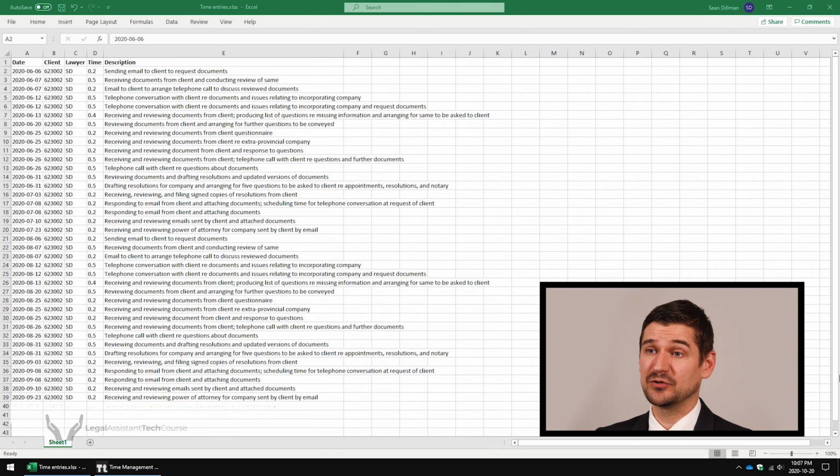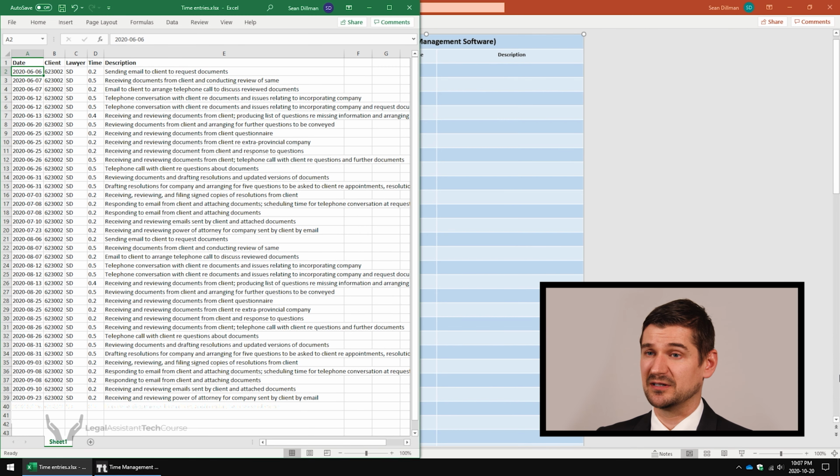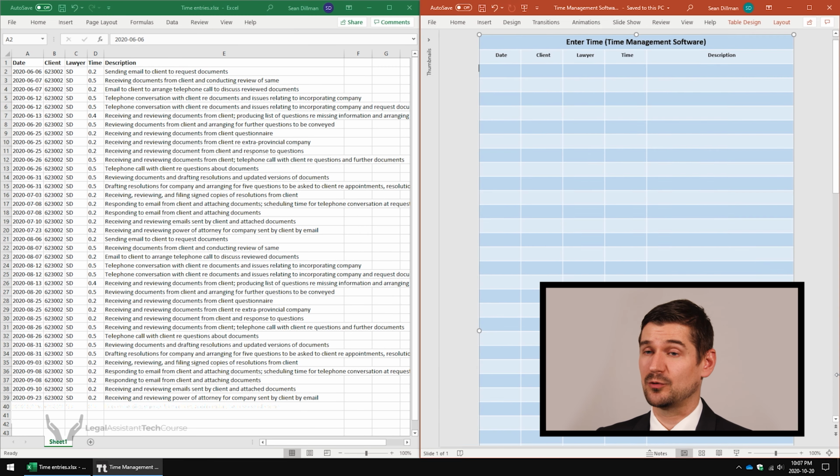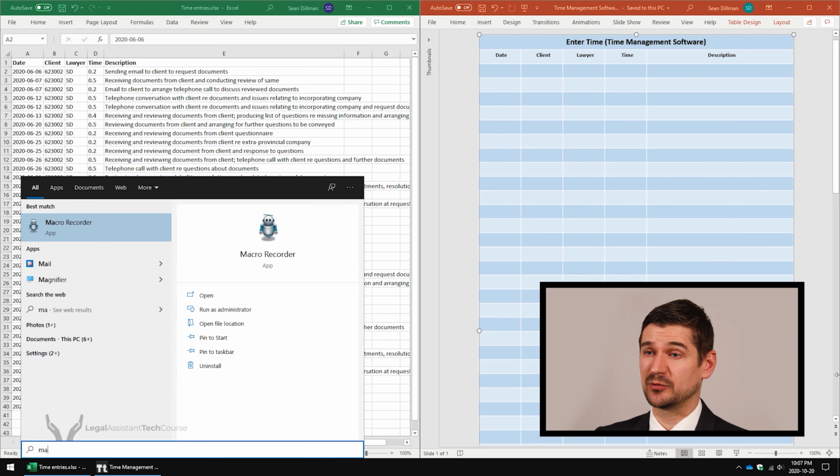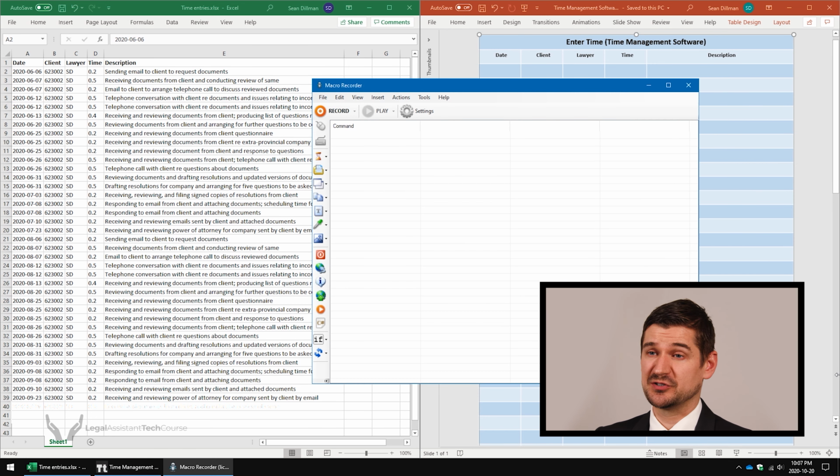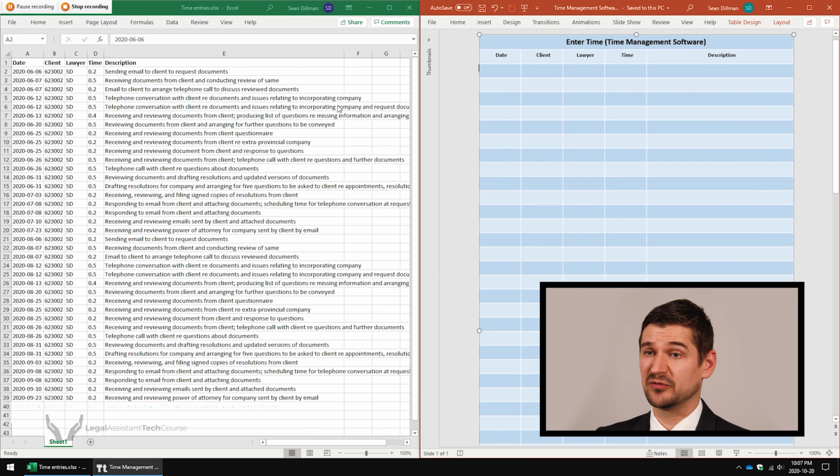In this case, I'll use the Windows logo key and arrow keys to place the spreadsheet on the left half of the screen and the time management software on the right half. I'll launch my macro software, which is called JitBit. Once it's open, I'll click Record and then perform the actions to input the data from the spreadsheet into the